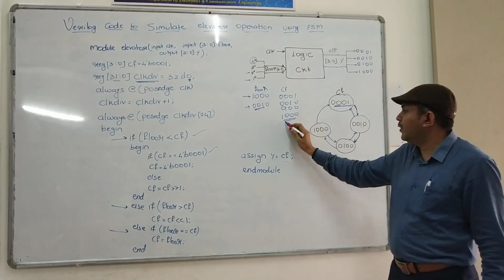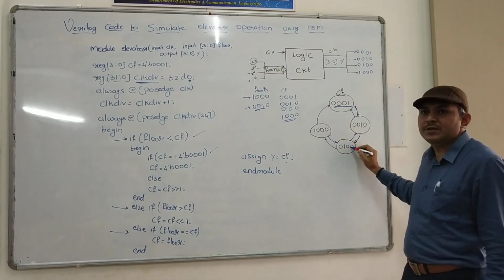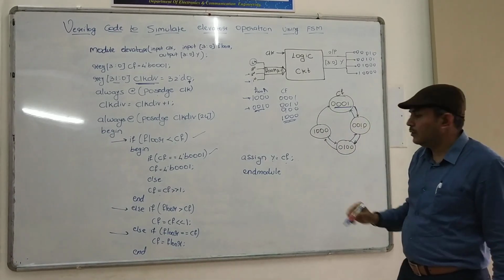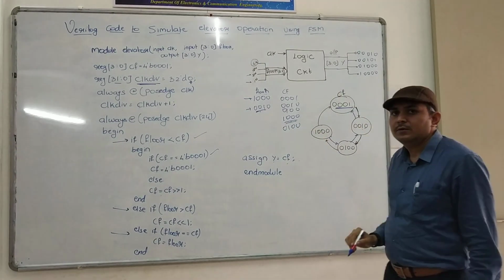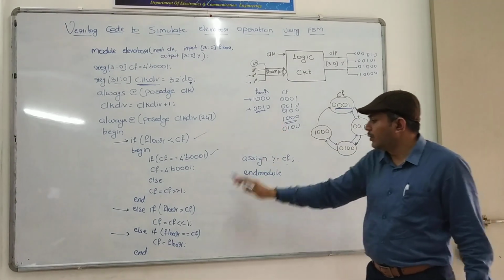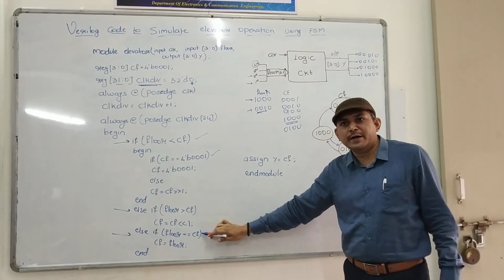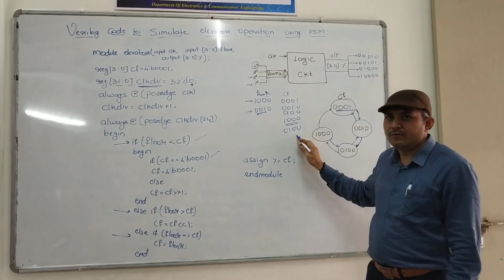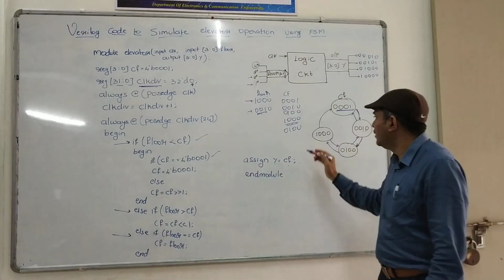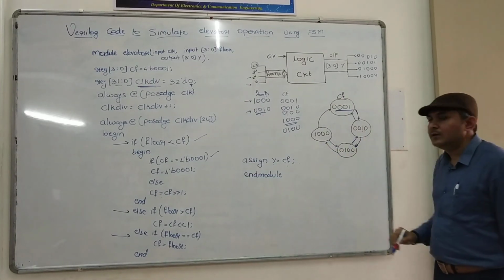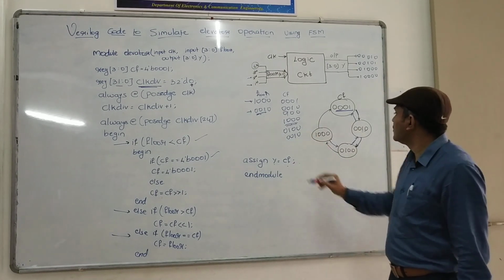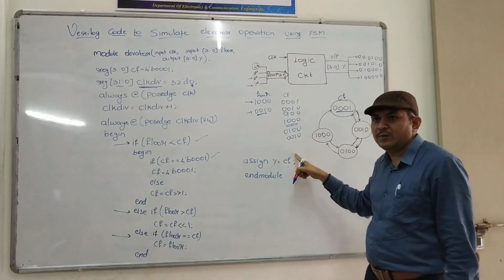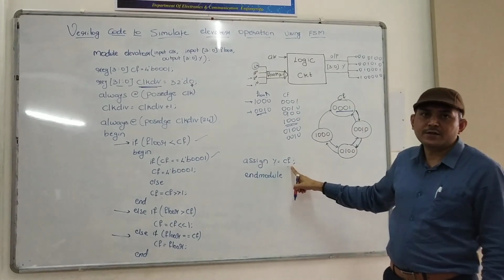What is current floor now? Right shifted by 1 means from here it will come back to this one. So now it will be coming back, 0, 1, 0, 0, 0. Understood? Next, it will still compare here. Floor and current floor are not equal. Still the floor is less than the current floor, so it will shift again, and we will move from here to here. This new value will be 0, 0, 0, 0, 1. Now floor and current floor are the same, so it will execute and be transferred to y output.